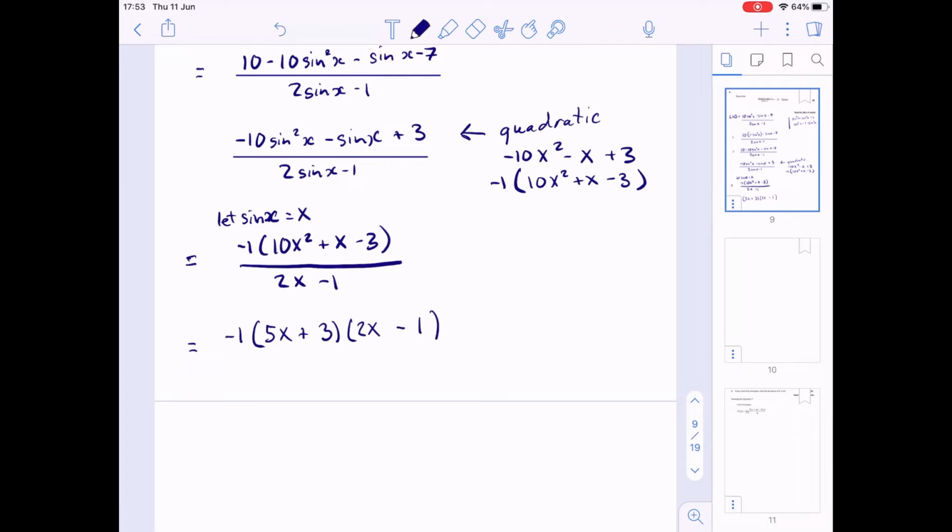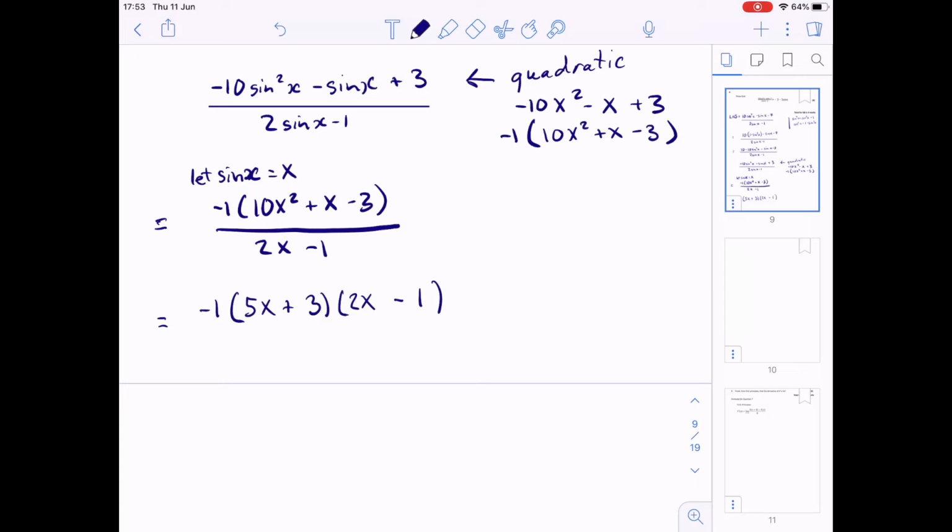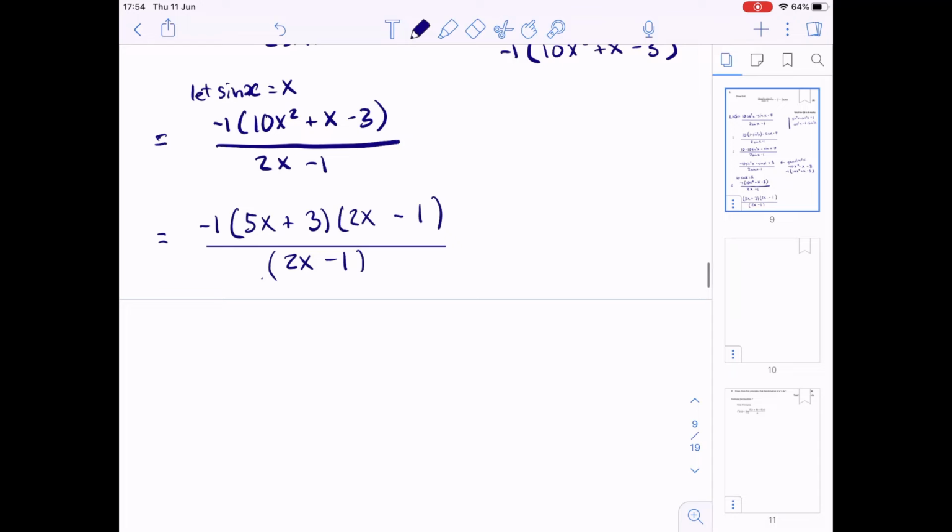Yeah, so 5 times minus 1 is minus 5, and then if we added 6x, then we'd get that plus 1 in the middle. And I sort of used the question to help me along here, because I know that actually all along we're going to want to be cancelling something. So I knew I was trying to build one of these brackets to be the same as the denominator. So I knew that one of them was going to be 2x minus 1. And that will now just leave me